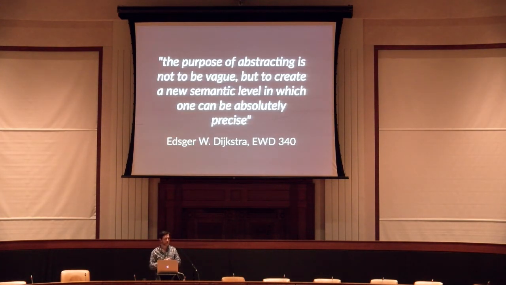So I'll close with this quote, which is always a good one. When we're abstracting, the purpose is not to be vague, but to create a new semantic level in which we can be absolutely precise. So the idea is that perhaps the algebra, as was described, is a form which allows you to have that precision and properly abstract, where you're actually nailing something down, and this is what it is, and this is how it behaves. This is what the expectations about it are, without any other details.